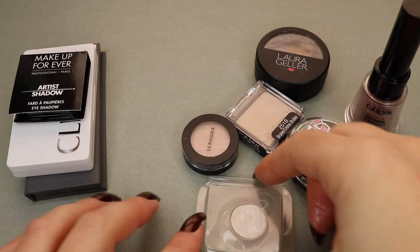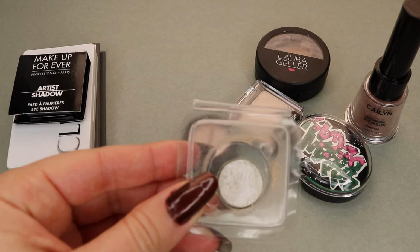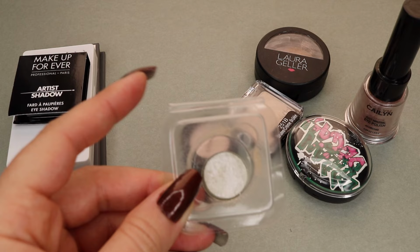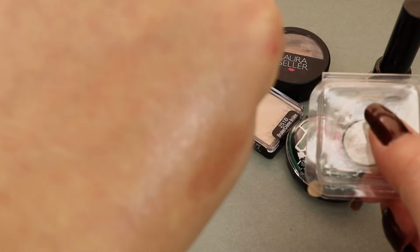Okay, this next one that I have is a sample of the Chanel Illusion d'Ombre. This is in Phantasma, I believe is the name. I didn't care for these. I thought they were okay, and I used it a little bit, and then I just let it dry out. It was really pretty, but I felt like I had to still use glitter